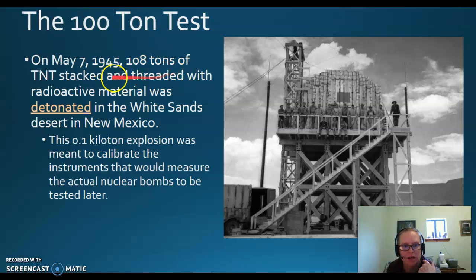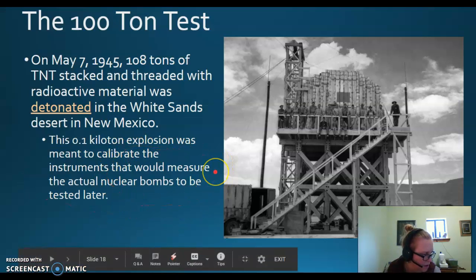So 108 tons of TNT were stacked and threaded with radioactive materials and detonated in New Mexico. This explosion was meant to calibrate instruments that would measure actual nuclear bombs to be tested later. So this is what you would put for your answer for number 23. Okay, interestingly enough,